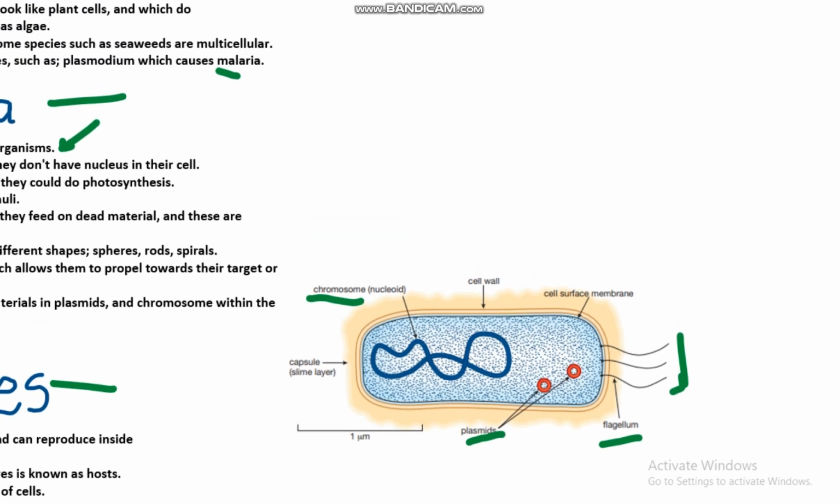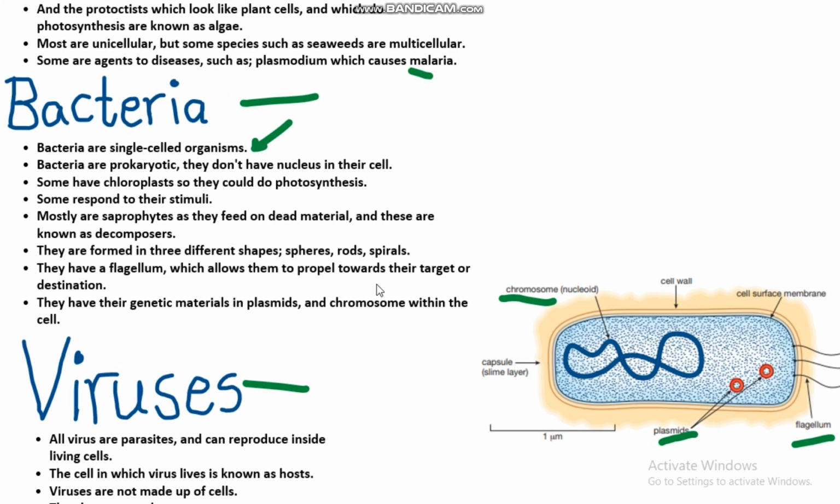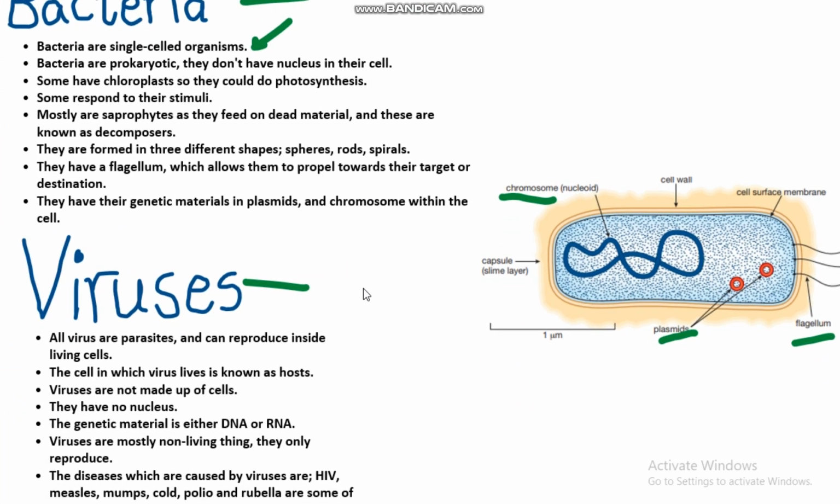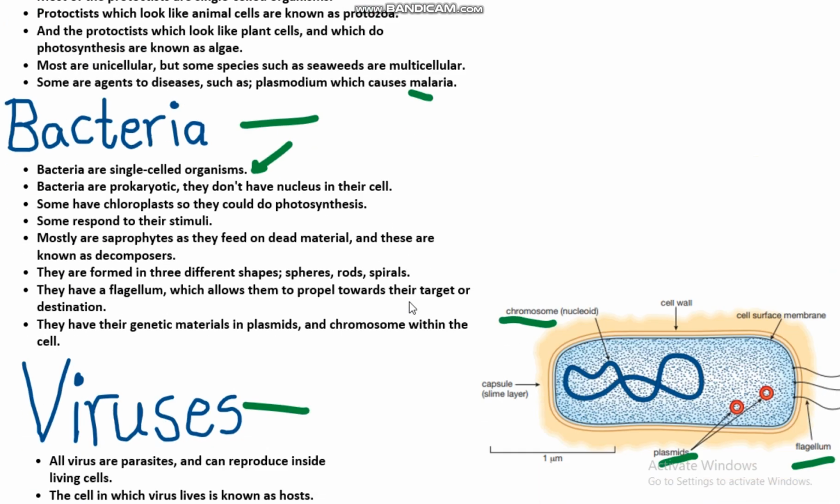And now we'll discuss viruses. Even bacteria do cause some dangerous diseases. Yeast infection, for example, is one of the diseases caused by yeast, and Lactobacillus bulgaricus is a species of rod-shaped bacteria which helps in the production of yogurt, and some are pathogens, which cause pneumonia also. So these are the uses and disadvantages of bacteria.